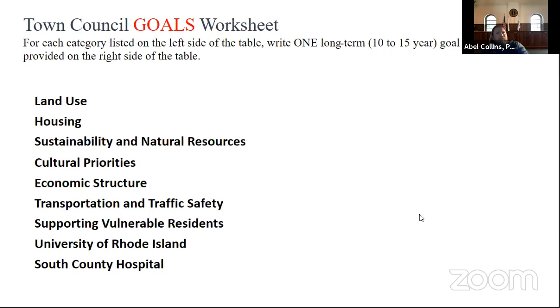Yeah, and I think one of the great failings of RIPTA's organizational model is the hub and spoke model that they use. Everything is centered around Kennedy Plaza at this point and radiates from there. What I think is great about the potential hub at URI is that it would serve as the hub for a circulator in the South County region. So just talking about that as a goal, we'd love to be able to get on public transportation that takes us through Charlestown to Westerly. So creating a southern hub.